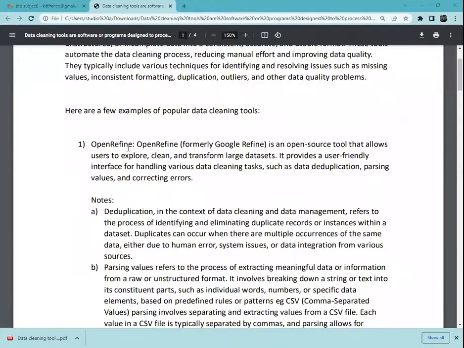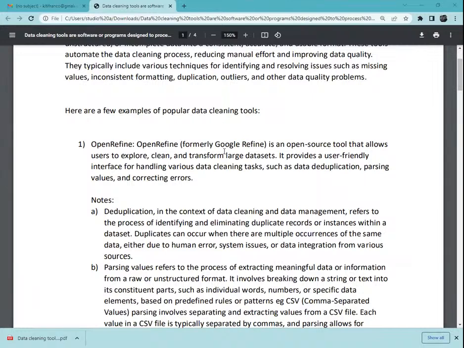Refine from the word refining. You're making things better. You're cleaning things here. So OpenRefine, formerly Google Refine, it's an open source tool. Open source means it's a free tool available on the web. It's an open source tool that allows users to explore, clean, and transform large data sets to whatever format you would wish to have. It provides a user-friendly interface for handling various data cleaning tasks, such as data deduplication, removing